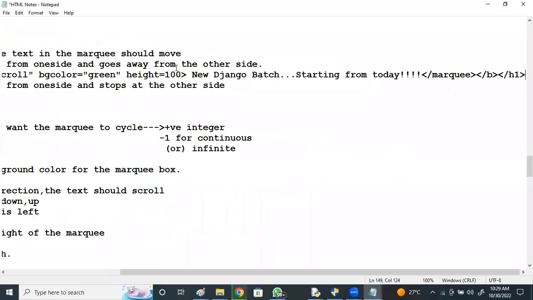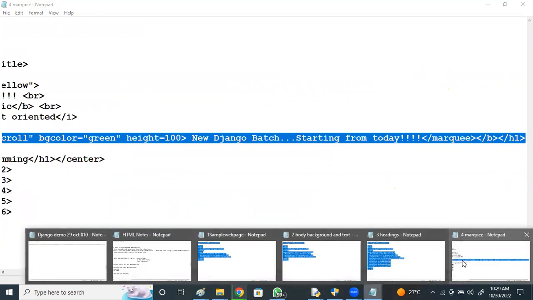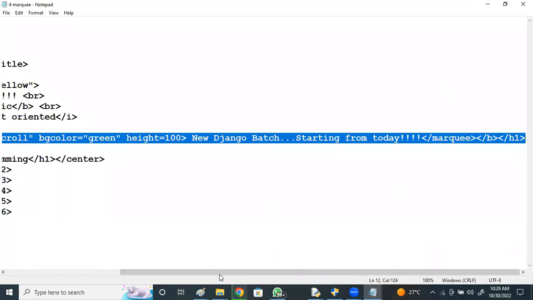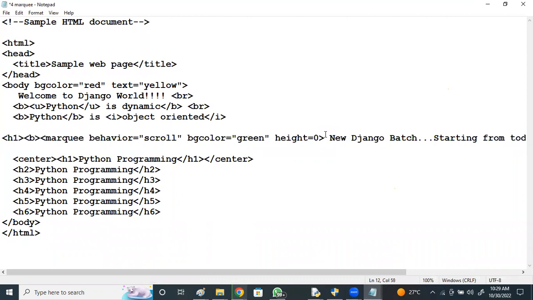This is the example. Make the height as 70 and behavior as slide. Okay, slide, right?